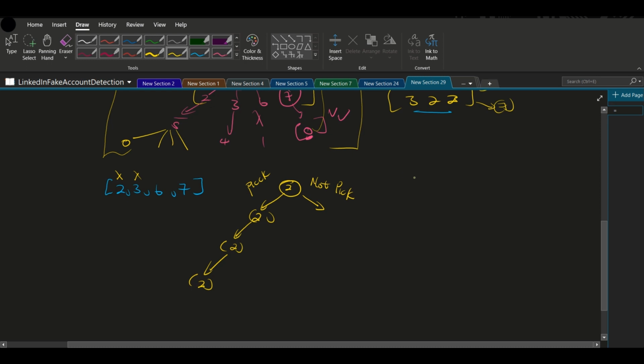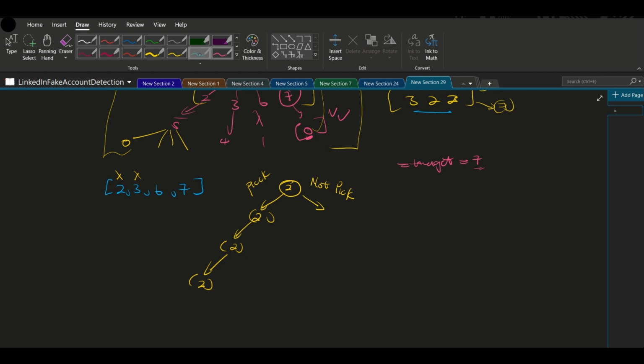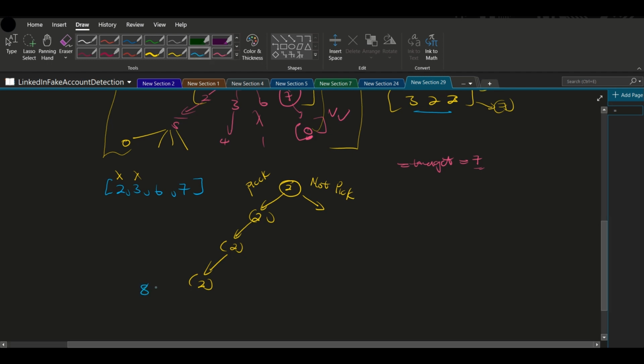We know that the target that was given to us was 7, right? And we need numbers that sum up to 7. So far we can see that we have 8. So this is actually greater than 7. So what does this mean? It means that we can't take all of these 2's. Okay, and this is good because now we know that actually this is going to be also our base